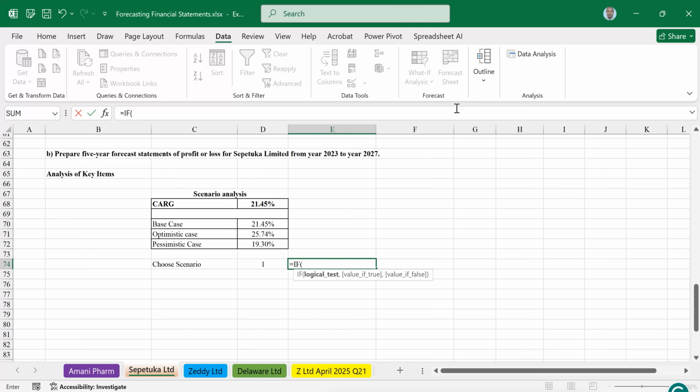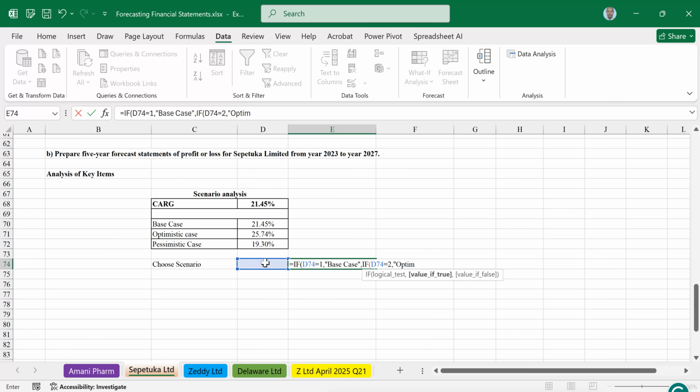If this cell, this one here, is equal to 1, comma, then the formula should give you in double quotation, base case. Close the double quotation, then comma. Again, if the same cell is equal to 2, comma, double quotation, the formula should give you